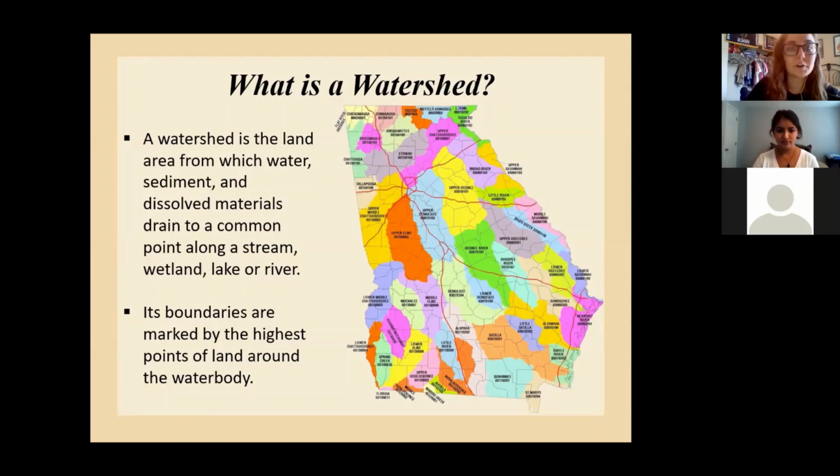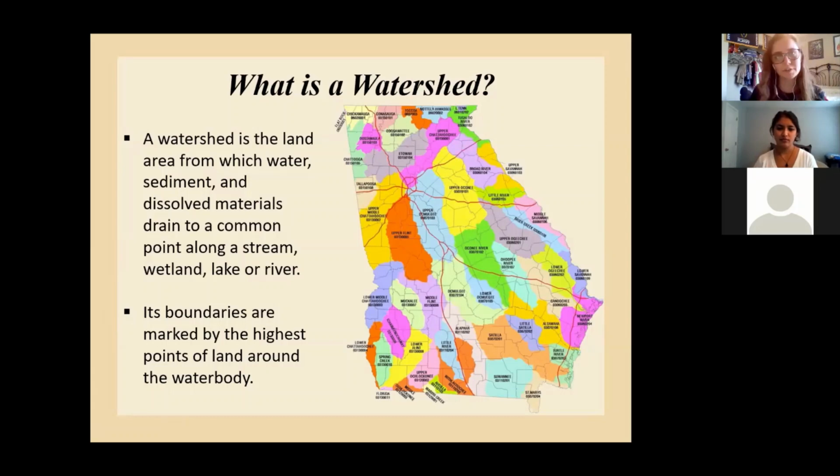If you don't know what watershed you're in, we encourage you to find that out. You can look on this map. This is the 52 sub-watersheds of Georgia. We have 14 major ones that are bigger, kind of combined. But also a watershed can be as small as your backyard watershed, the creek in your backyard.